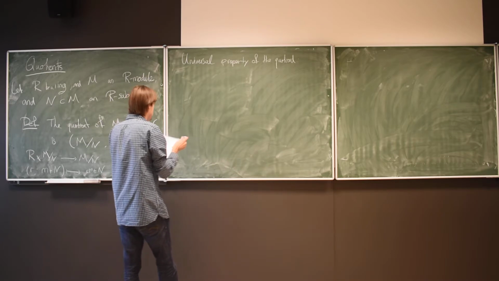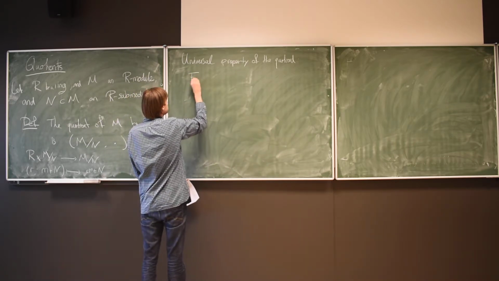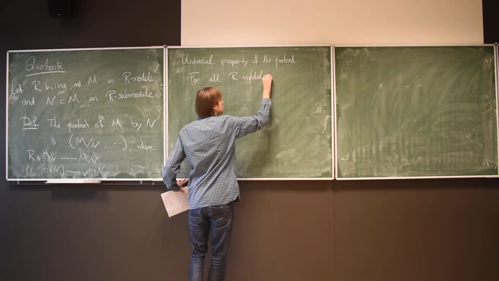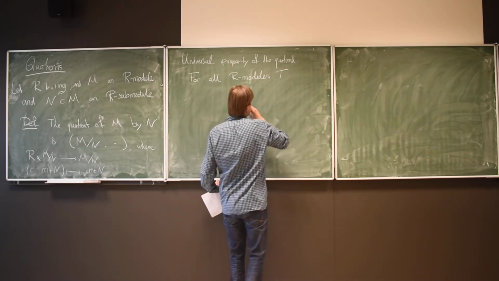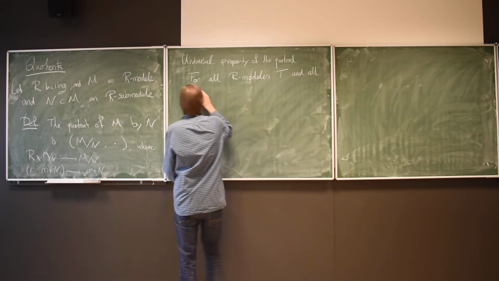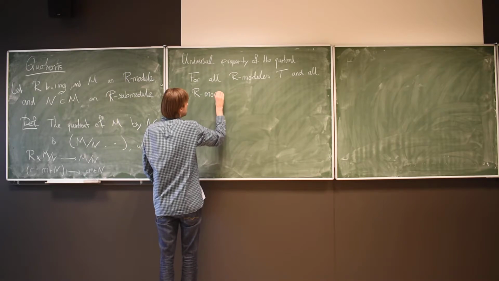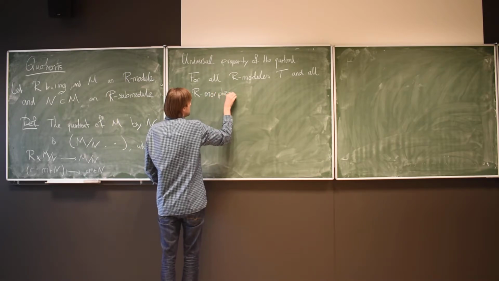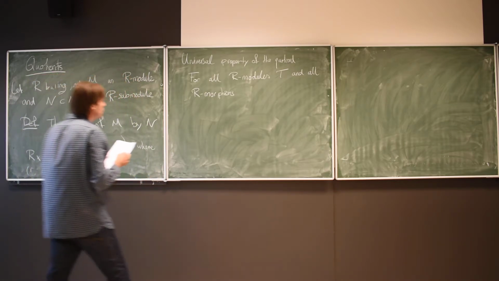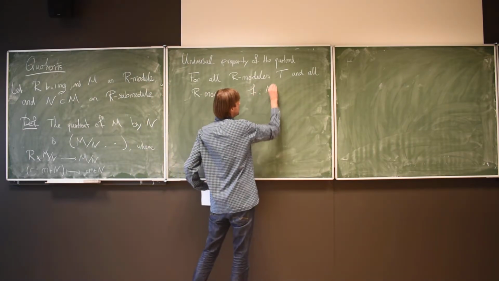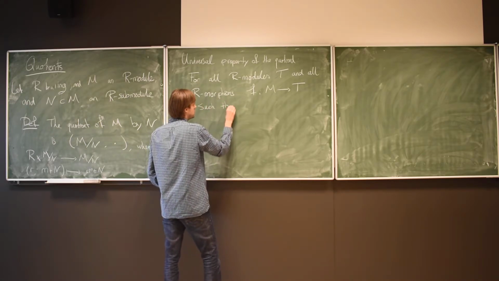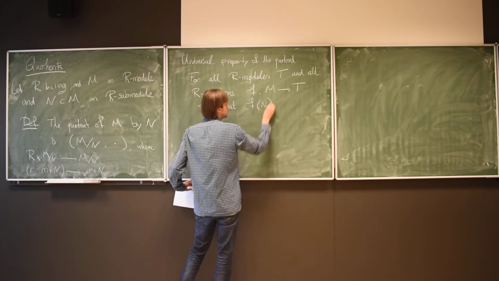This says that for all R-modules T and all R-morphisms f from M to T such that f of N is 0,